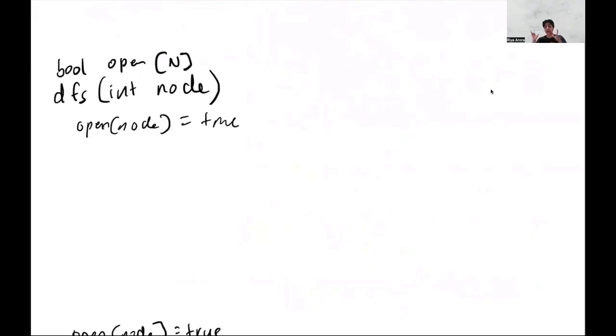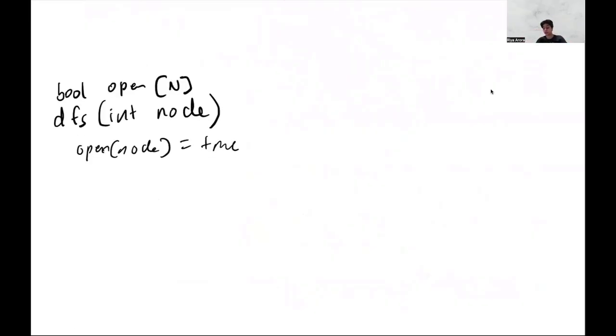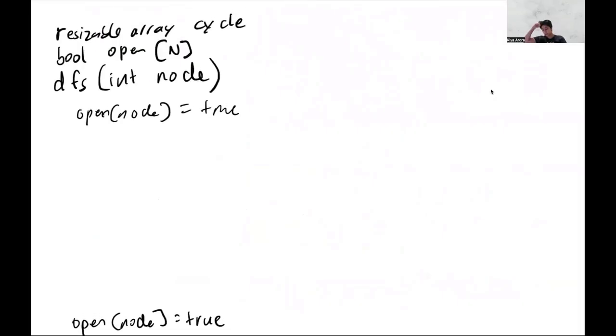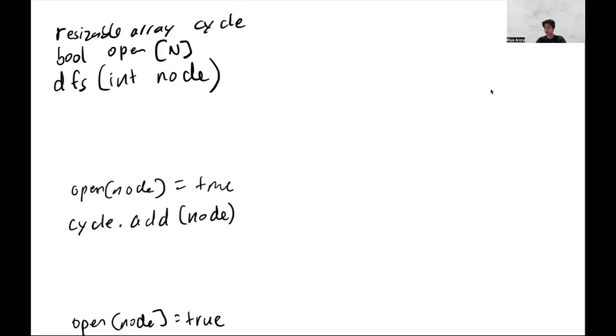Then we're going to have an array to keep track of our cycle. I'm just going to call this a resizable array that can either be a vector or an array list to keep track of our cycle. So what we're going to do is add this to our cycle. There's a couple things that we want to do before we add this to our cycle. First, we want to check, is it already part of our cycle? So we're going to say, if it's already open,